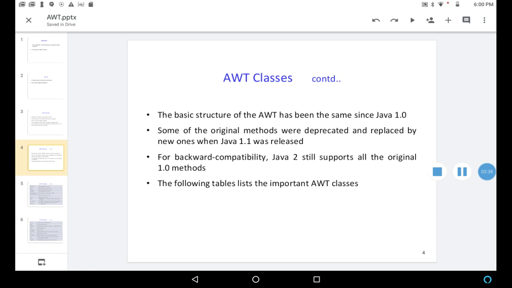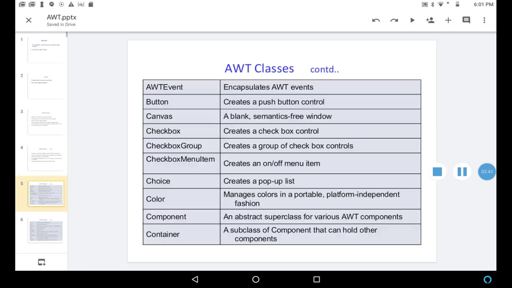We are going to see what the important AWT classes are. First, the AWT event class. It encapsulates AWT events.